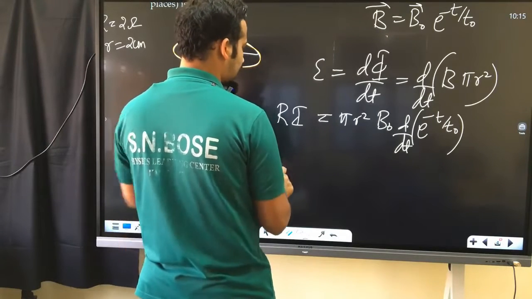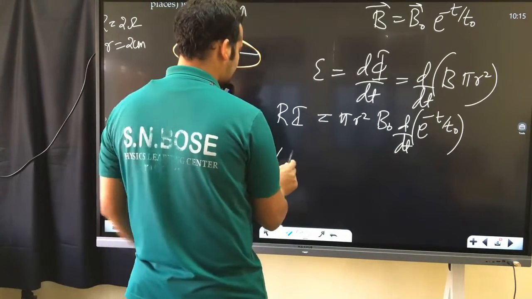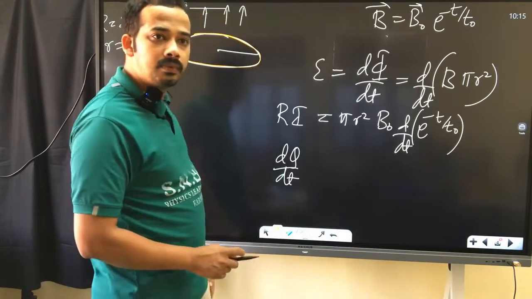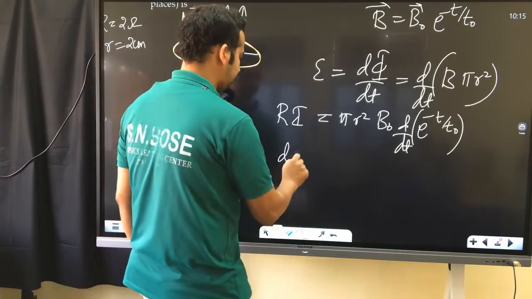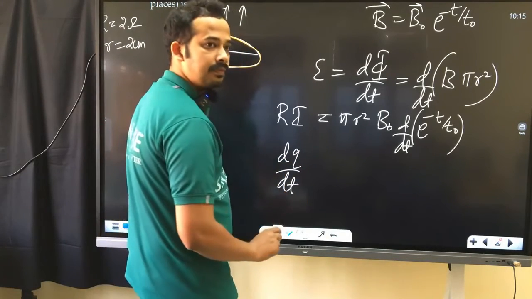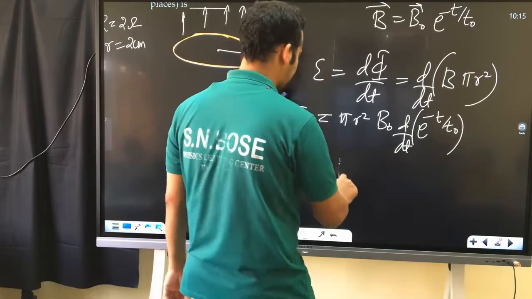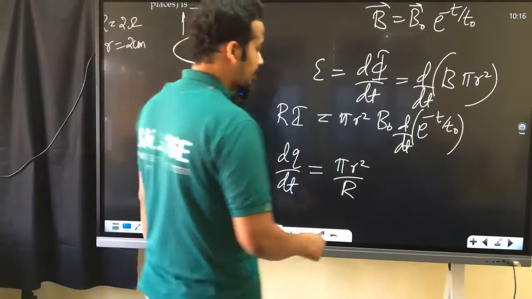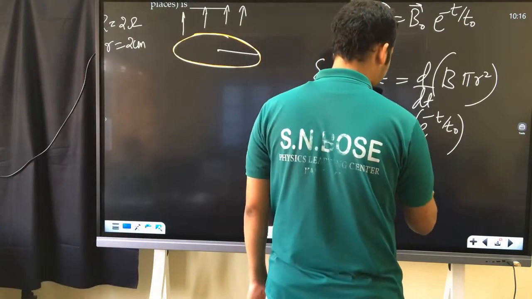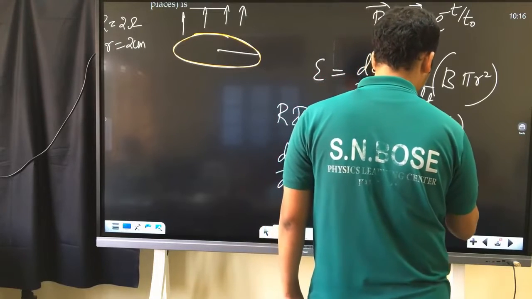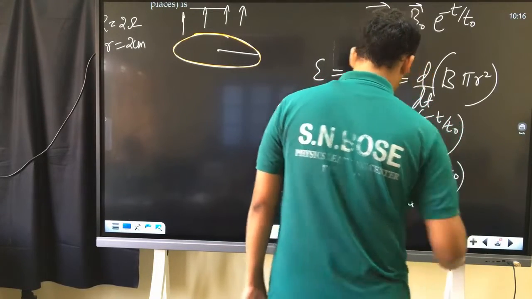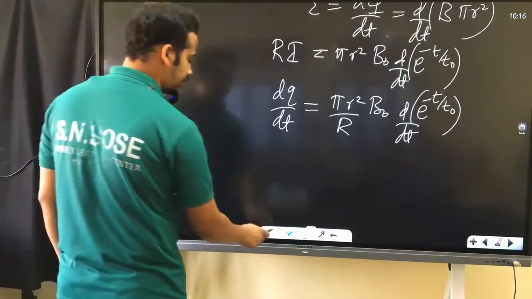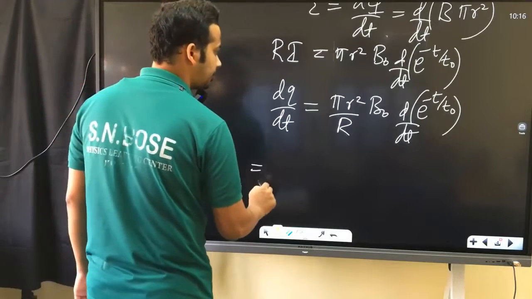Now look at here. R I will take it here. Current, can I write it as dq by dt? Small dq by dt, that's equal to πr². Small r is the radius, capital R is the resistance. So B naught into d/dt of e power minus t by t naught. Now what I do is I'll multiply everything. dq is equal to